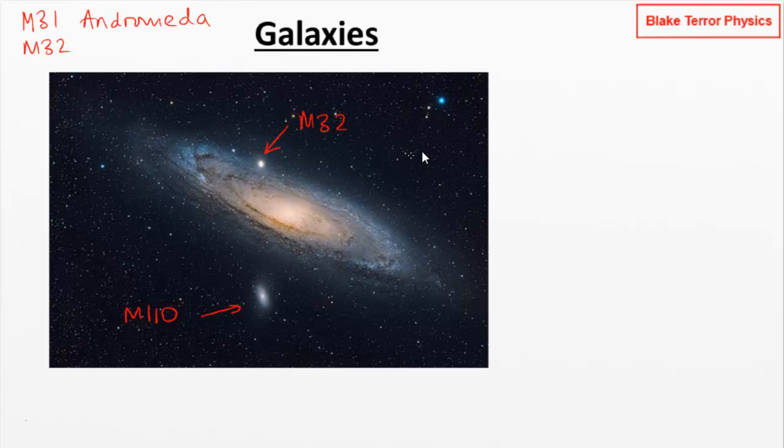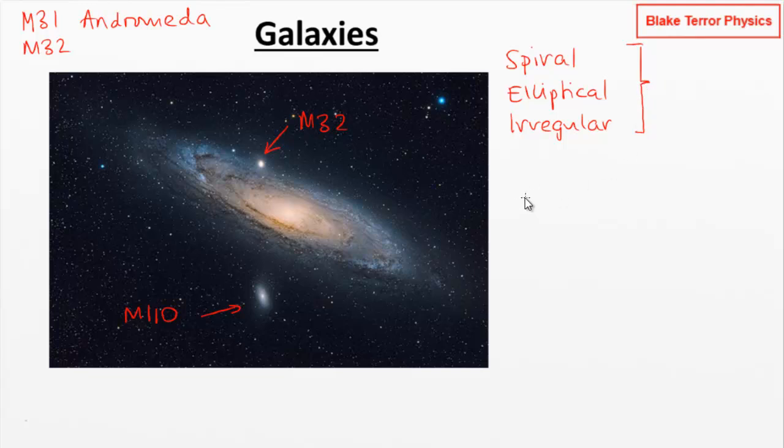So that's already pointing us towards a couple of main types here. We've got spiral galaxies and we've got elliptical galaxies, and I'll talk more about these in a moment. There's also irregular galaxies. These are ones which have been messed around a bit, maybe in their structure, and just don't fit into the first two categories. So we need to unpick what's going on with these different types of galaxy.